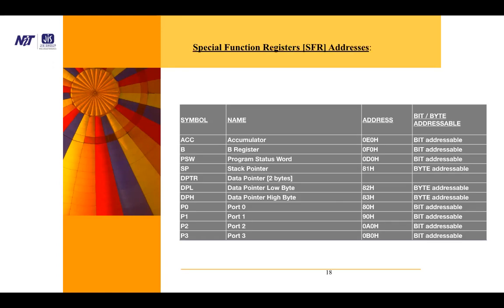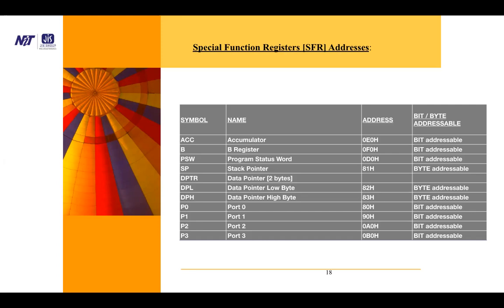Special function register SFR addresses. Accumulator symbol is ACC. B register symbol is B. Program status word symbol is PSW. Stack pointer SP. DPTR data pointer, 2 bytes. DPL data pointer low byte. DPH data pointer high byte. P0 port 0, P1 port 1, P2 port 2, P3 port 3, and corresponding addresses are E0H, F0H, D0H,